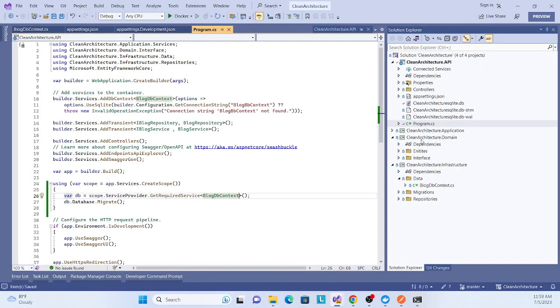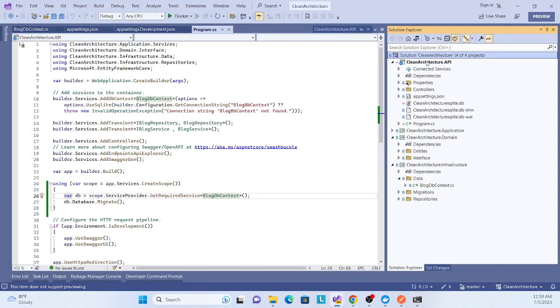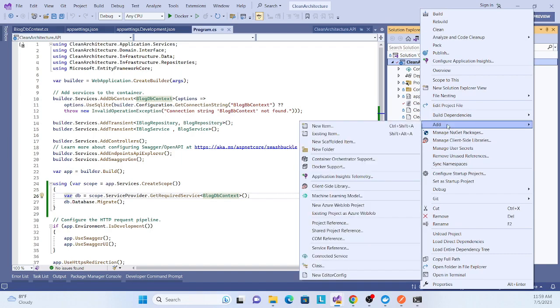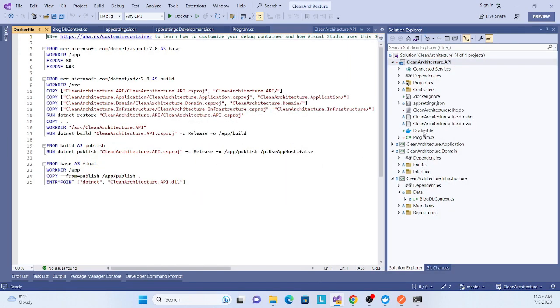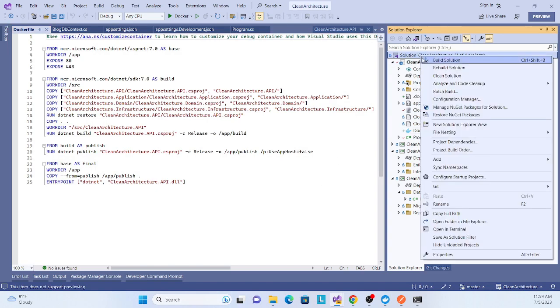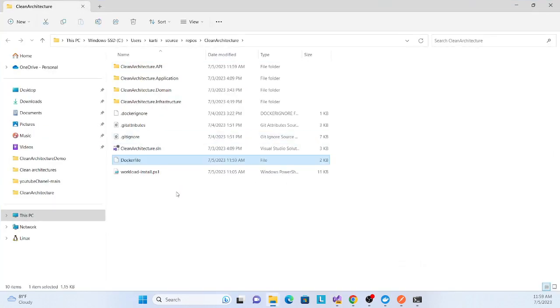Then again we have to create that image. So for the safe side, I will remove our Docker file again, and then create the same Docker file again. Control X, go to the root folder and paste it over here.